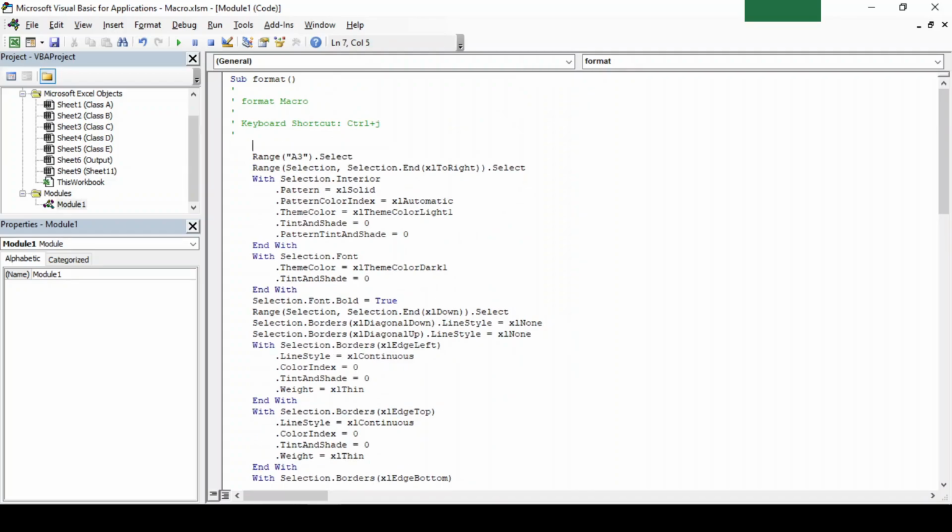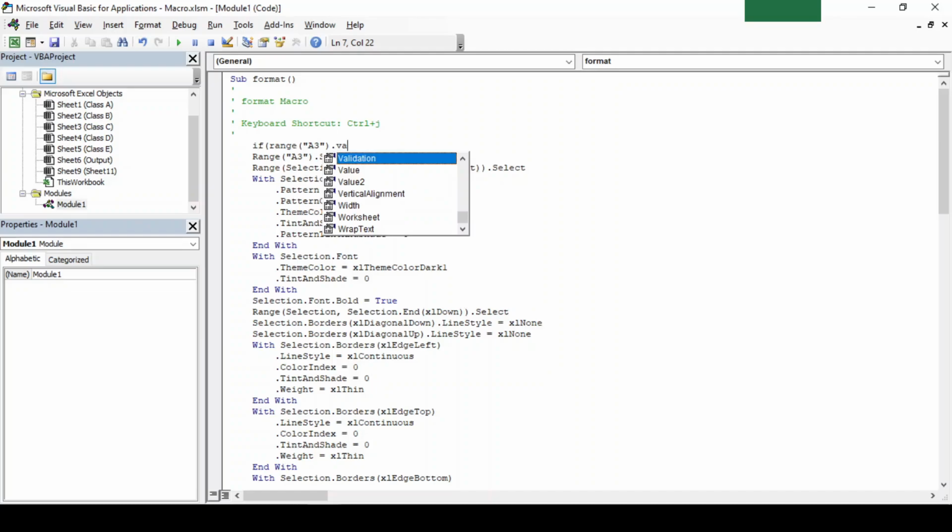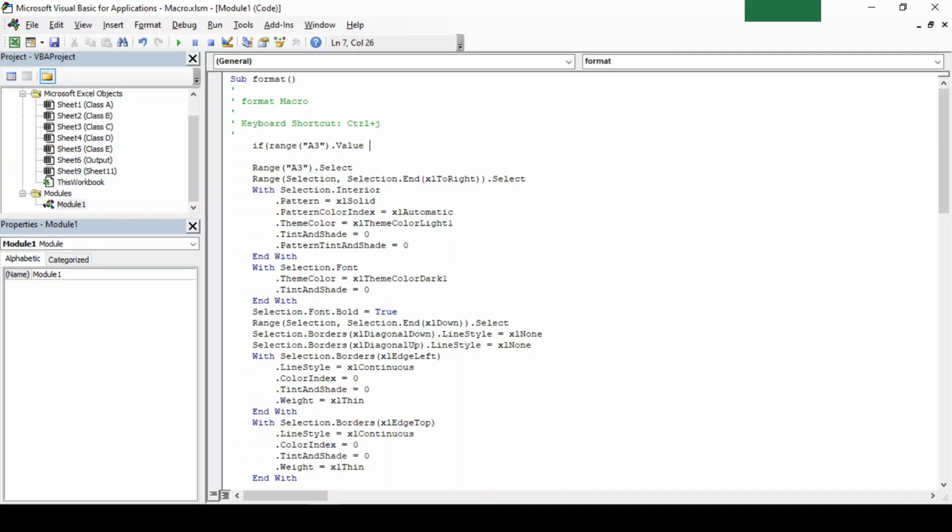And it goes like: If Range("A3").Value = "Name". This means that the below macro code should only run when the cell A3 contains the text Name.